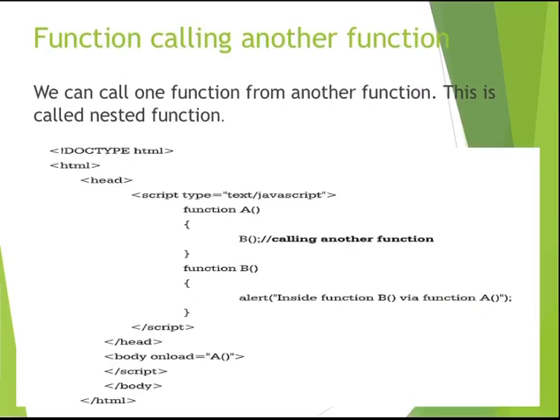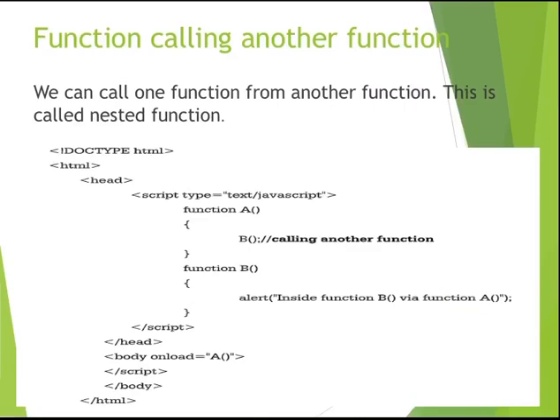Here in this example, we are going to write two functions, function A and function B, and we are going to call function B inside function A. Okay, so let's see the code. Doctype HTML tag, then HTML tag, then head tag, then your script tag. Function keyword, then function name is A. So function A, open the curly bracket. Here we are writing B in open and close brackets and a semicolon. Then inside the comment we are writing, calling another function. That means we are calling function B over here in function A. Okay. Then close the curly bracket.